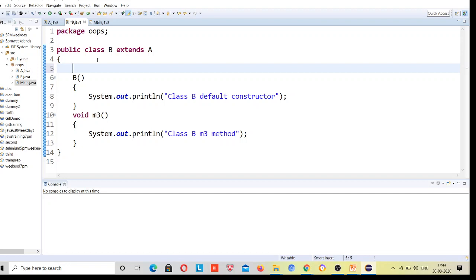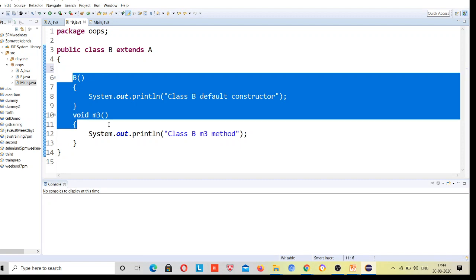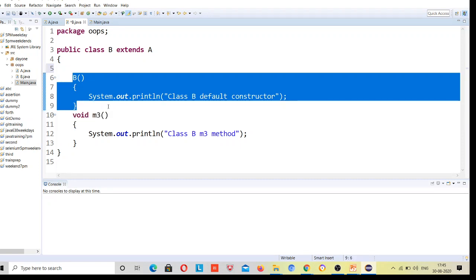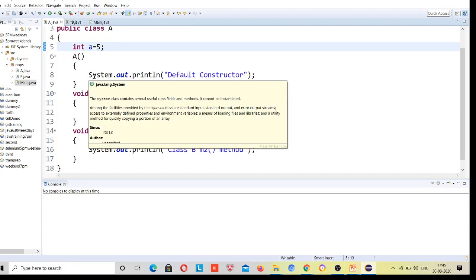Inheritance is a concept where a class extends the properties and behavior of another class. Behaviors are the methods, and properties are these variables. These are the terminologies in Java.